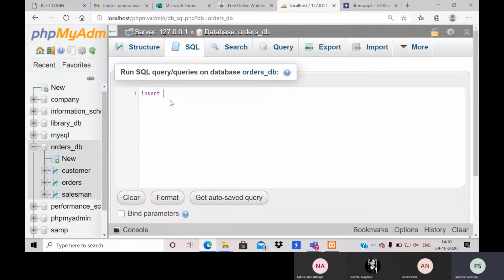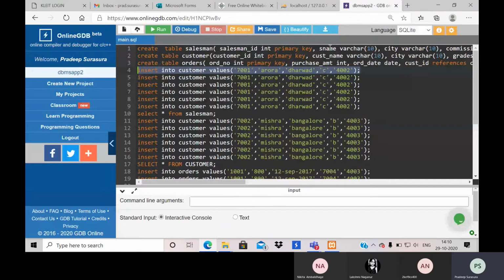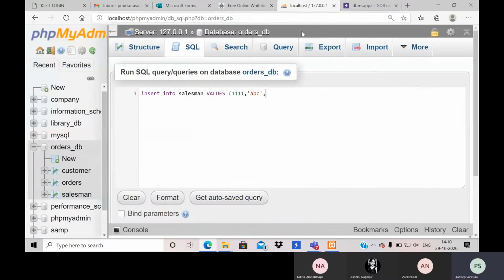So insert into salesman table values. First is salesman ID. I will take 4 digits, followed by salesman name, which may be something like ABC, followed by salesman city.